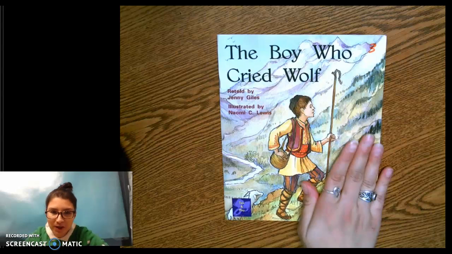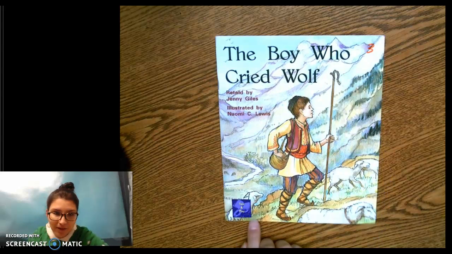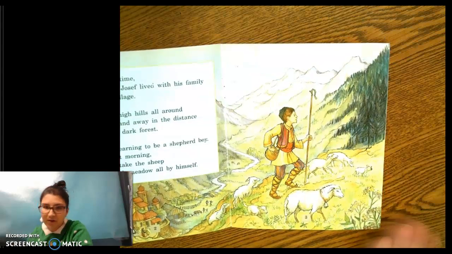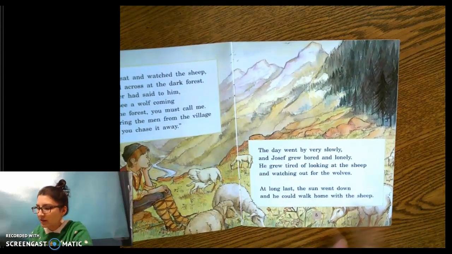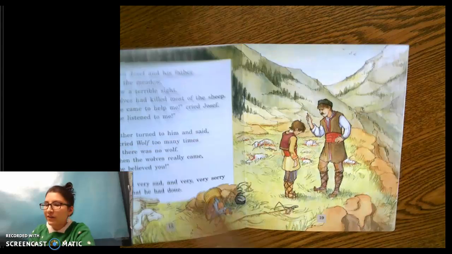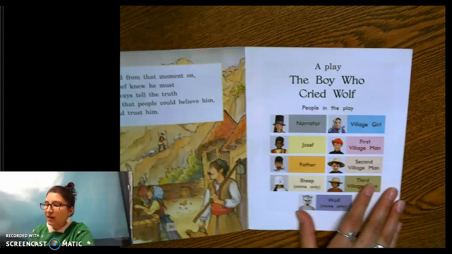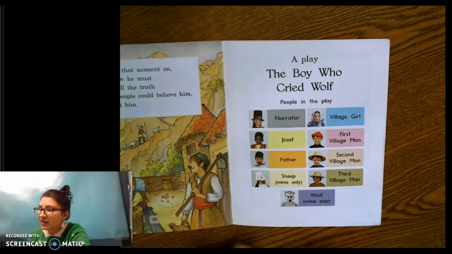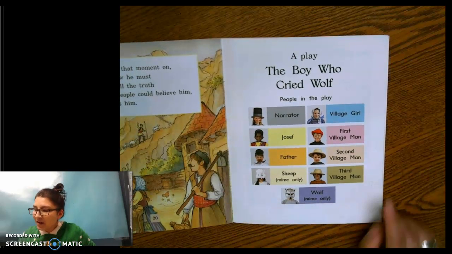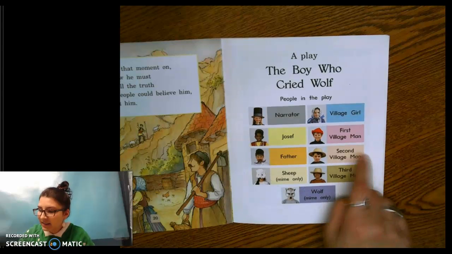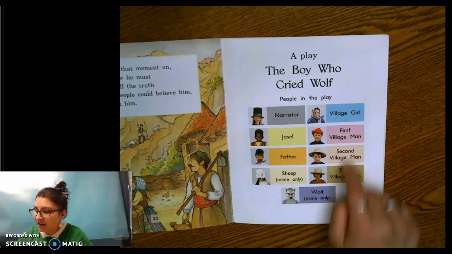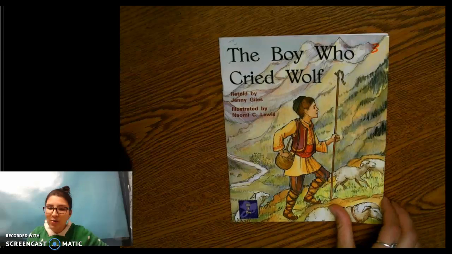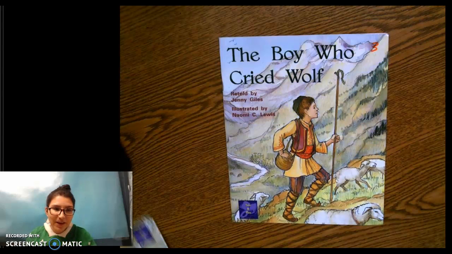Now, this book is pretty cool because it's a tale and play, meaning you can read this book like a regular book. See the words right here? Or you can flip to the back, and here you go. Here's a play. And that's what we're focusing on, right? We're focusing on dramas, plays, okay? So right here, here's the cast and the different characters in this play, okay? So what I'm going to do today is I am going to be acting out the play for you.